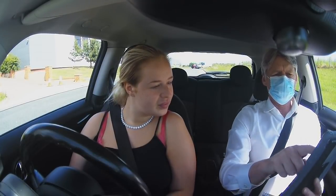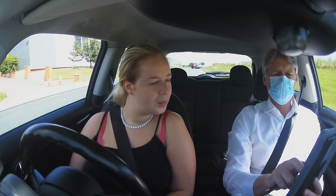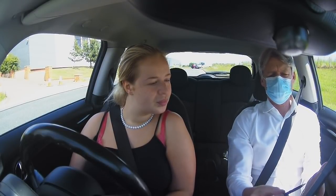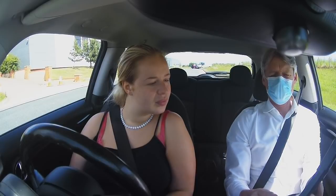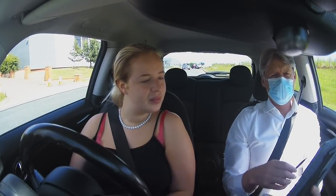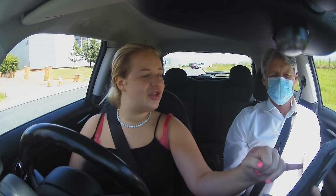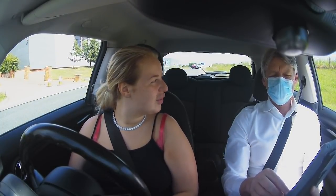I think you were going to stop because of the van that was turning right here. But if you're going straight ahead at lights and they're on green, what are you expected to do? Go. You don't give way to anybody, do you? No. So how can you explain wanting to stop on a green? I think it was because of these yellow markings. I didn't know whether you were...